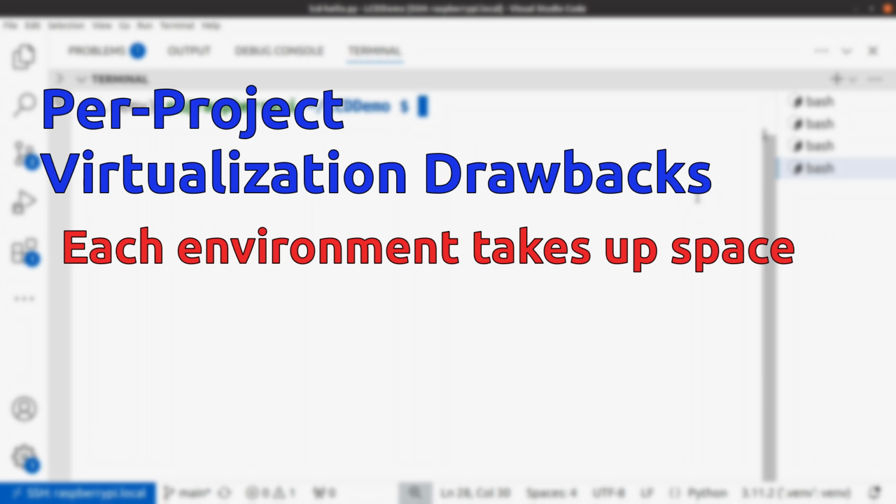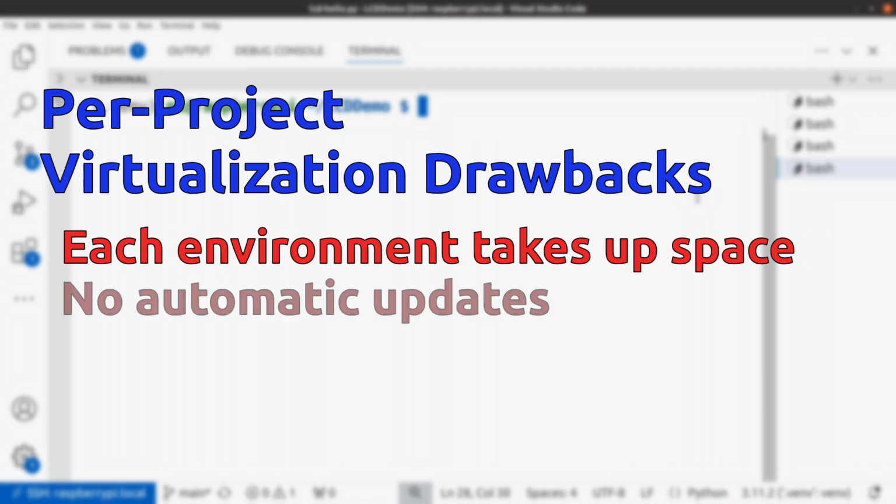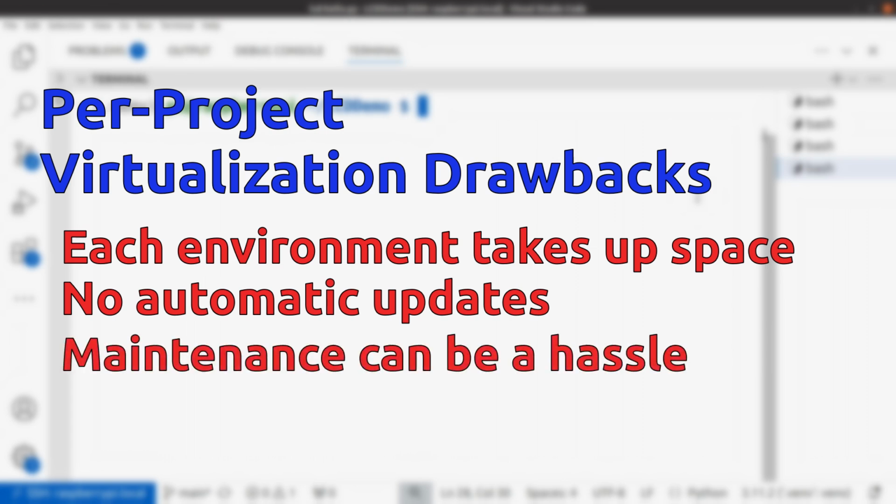With the notable exception of the Python executable itself, virtual environments don't update with system upgrades, potentially making them outdated or insecure. Keeping multiple environments updated requires recreating them and reinstalling packages, a hassle for many projects. For these reasons, I prefer a single shared virtual environment across projects, as I demonstrated in this video.